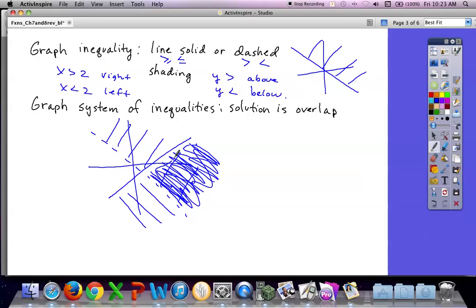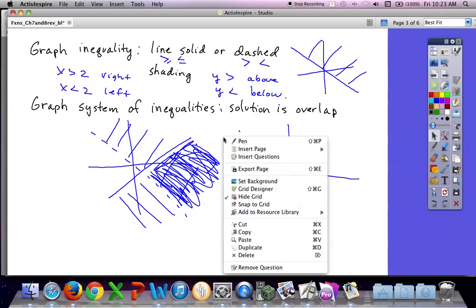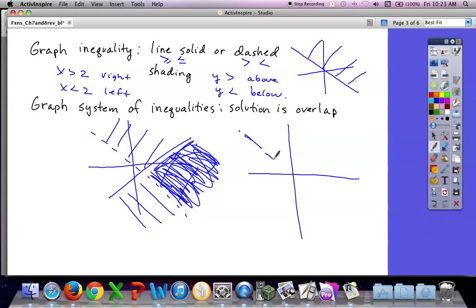Can we shade that? Sure. I tend to do it like this, right? If that first line was dashed, I tend to just make a little arrow to show that I want the shading on that side. But in this one, I could draw it as solid and make my little arrow to say on this side. And then where the arrows are all pointing, just shade in the area like that. Then there's not a whole lot of mess on the